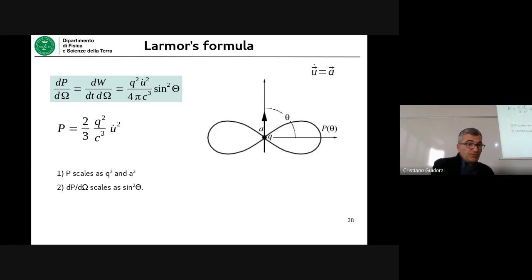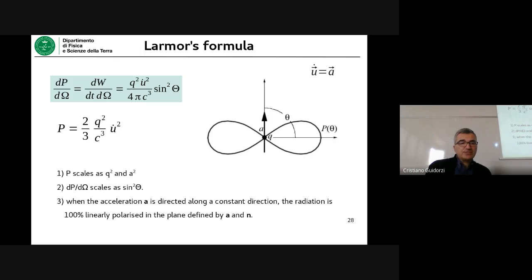And this works both for the power as a function of direction and the total power. If you consider the pattern with direction, as we've just seen, there is a sine square pattern, where sine square of the angle between the direction of acceleration and the generic direction. A third important point is that if you think of the way we